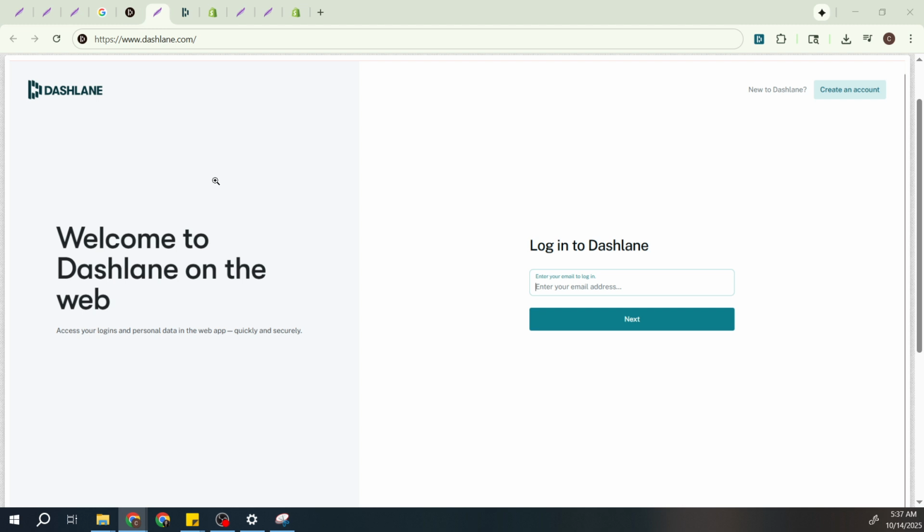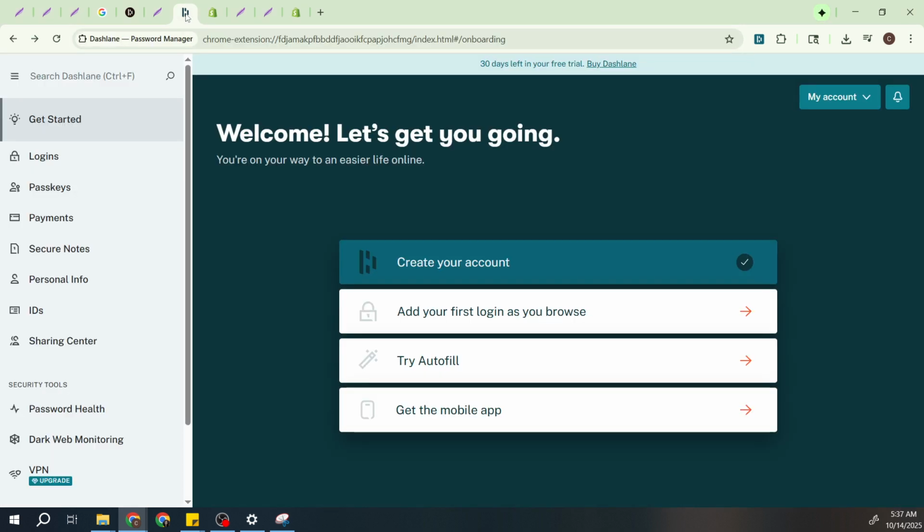And that's it. You've now successfully logged into Dashlane. Once in, you can access all of your stored passwords, manage new ones, and make any necessary changes to your account. Remember that keeping your login details secure is key to protecting your personal information, so always ensure they are